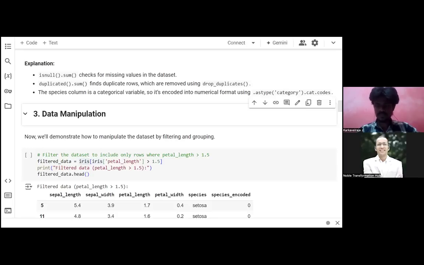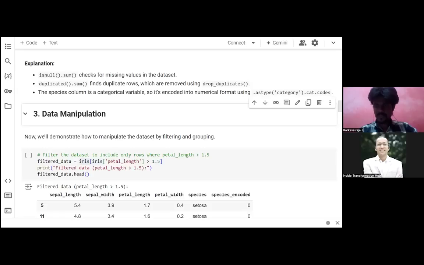This function will be filtering the petal length by 1.5.